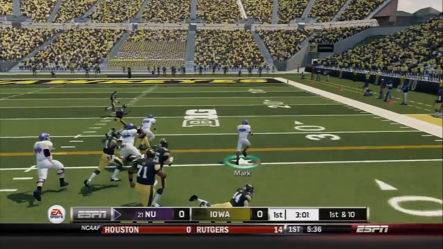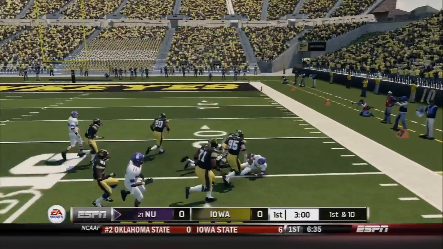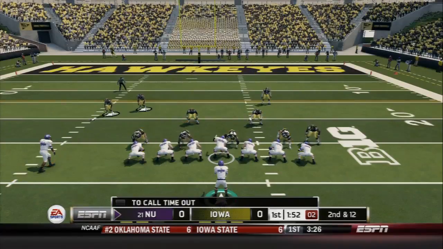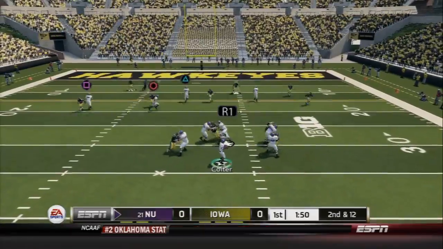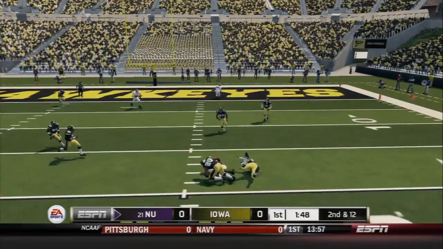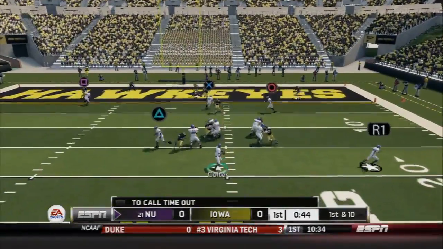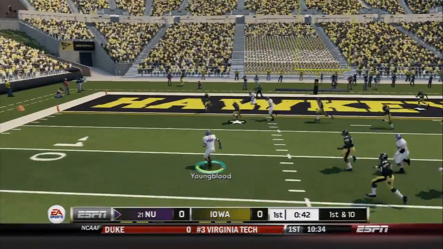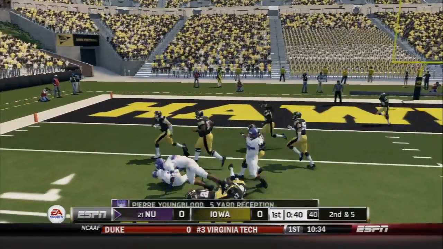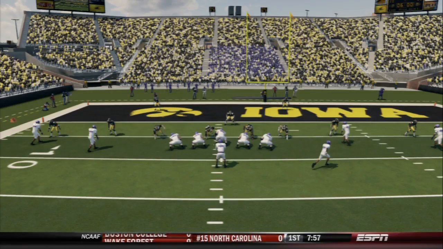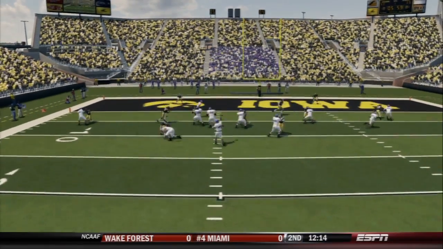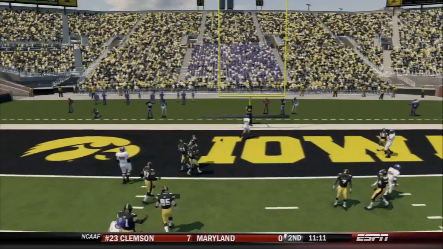So they had the same fate we did when we took on the Buckeyes, and we're going to be moving the ball up the field on the first possession. It seems like every single game this season, the first possession, we're moving the ball up the field and usually scoring first, as Kane Coulter is going to drop back and find Pierre Youngblood, and my wacky controller messes up and has me hurdling for no reason. And we're going to score here across the middle.